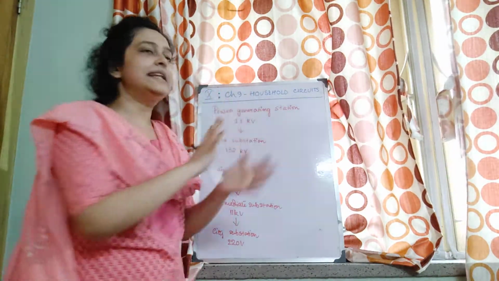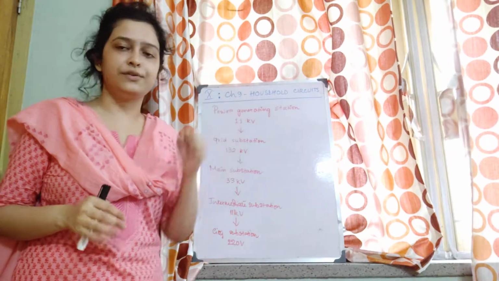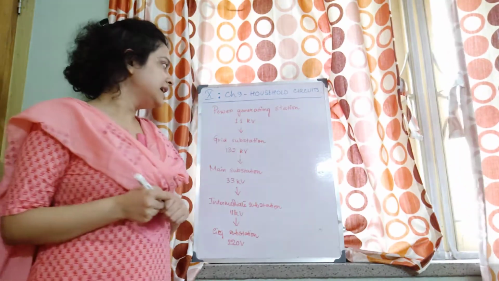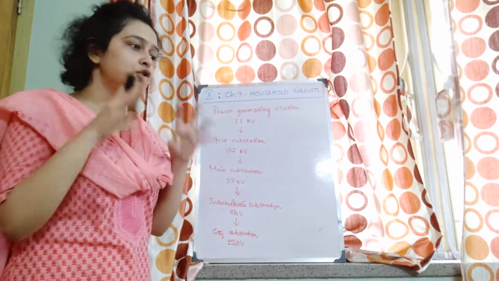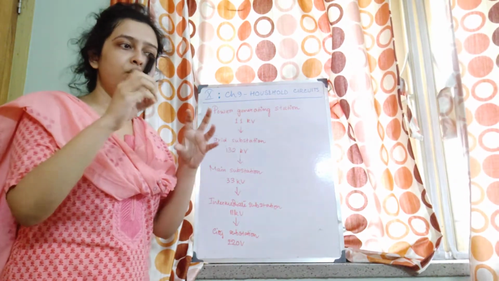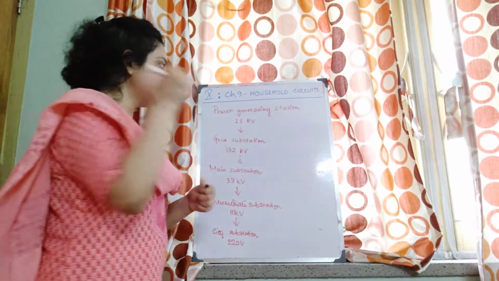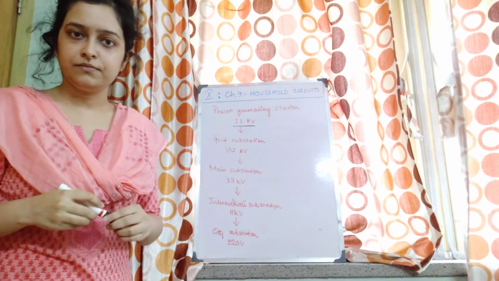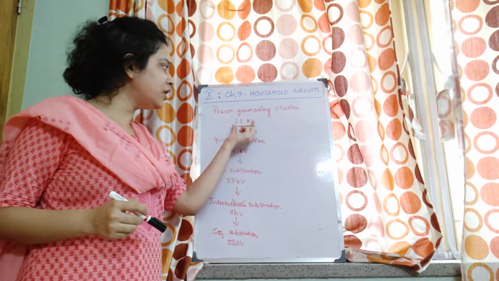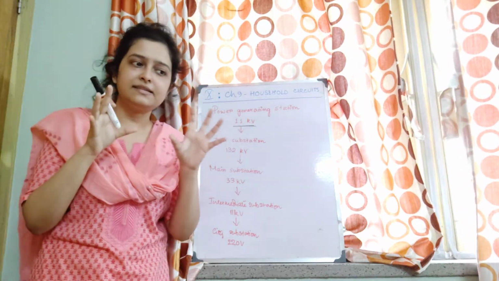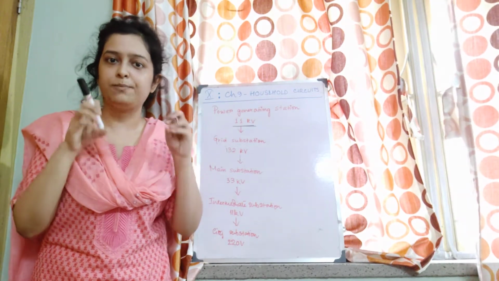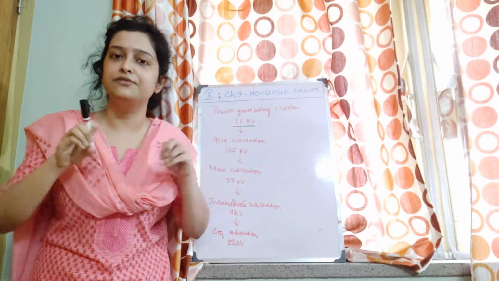Now, at the power generating station, where the power is being generated which is supplied to our houses, the power is not generated at 220 volt. It is not directly generated at 220 volt and supplied. It is first generated at 11 kilovolt. Not much higher than this; they found that 11 kilovolt is an optimum value. At this voltage, it is found that supplying the power is very convenient.